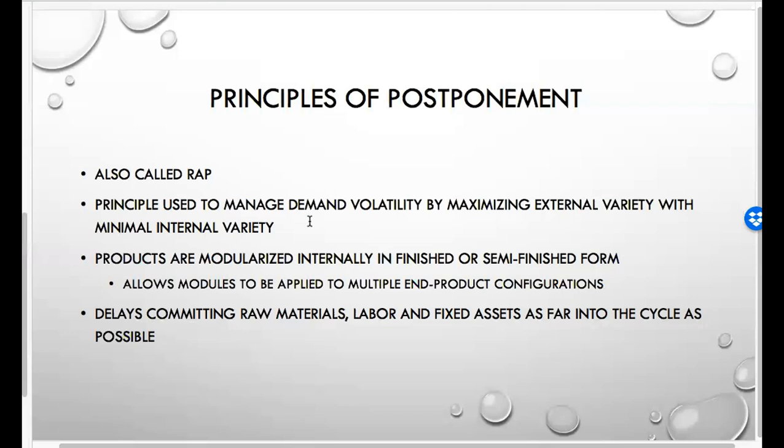Boeing used to do this quite a bit, in which they would offer you 7 or 8 types of seats, different colors and everything else. But eventually, they found out that it was very expensive to maintain all these things. So what they said is, okay, we're going to offer you a plane when it's pretty much finished. And then when it's finished, we're going to provide modular options to customize the plane. This allowed them to push the variation as far up the supply chain so that there's less effect on the system as a whole.